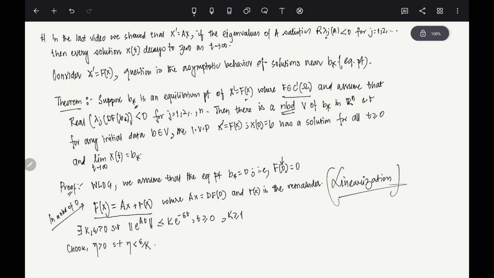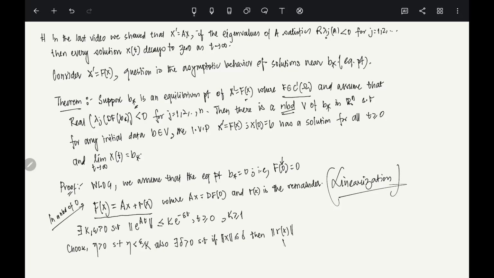So, and you see that R is there, right? Yes. And what is the property of R? That there exists delta positive such that if norm of x is less than or equal to delta, then norm of Rx